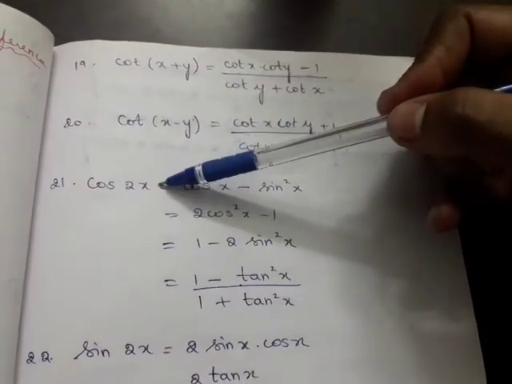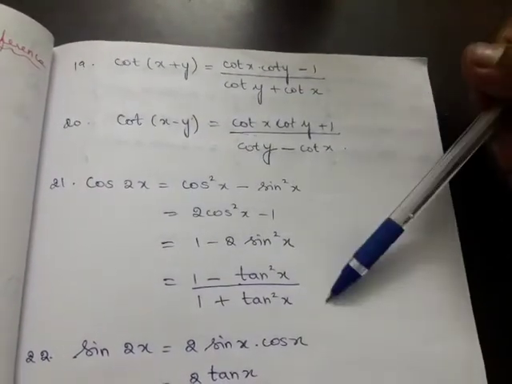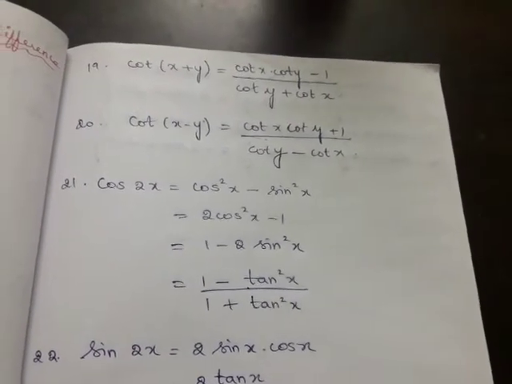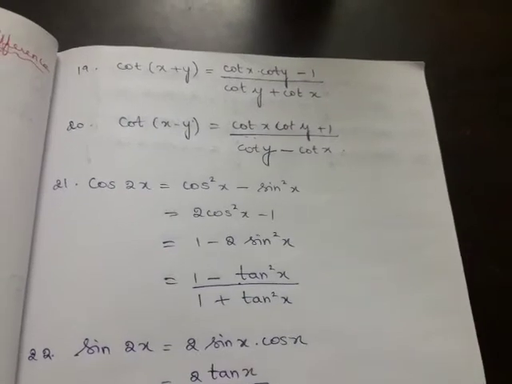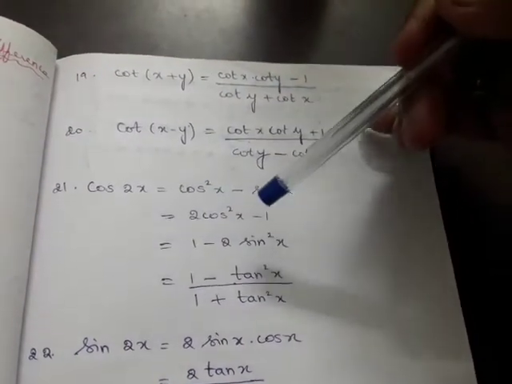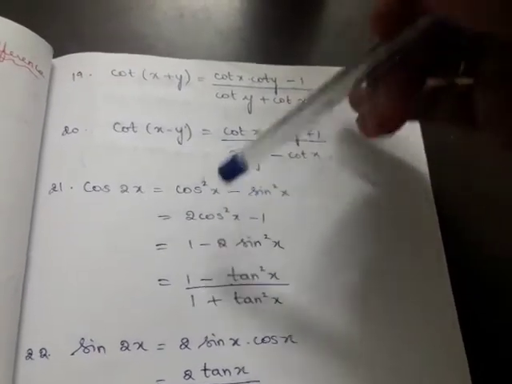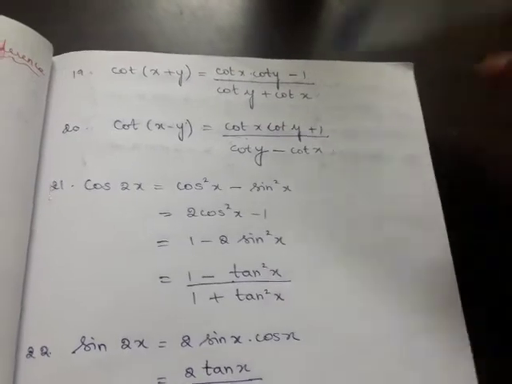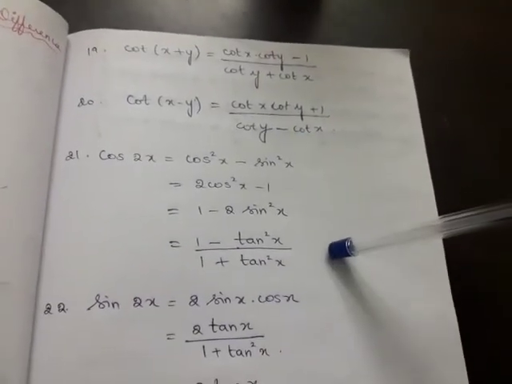Then come back to double angle. So I told you there are 4 equivalent identities. Depending on the problem, depending on the situation, you can utilize them. If you want to write cos 2x in terms of cos square x alone, you can take this identity. If you want it in sine square, you can take this identity likewise, right? So there are 4 equivalent identities.